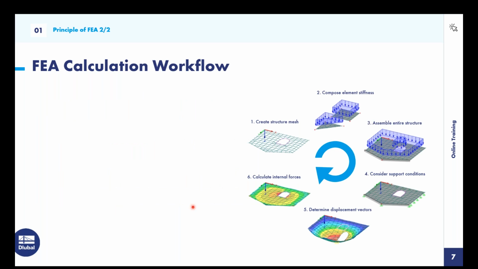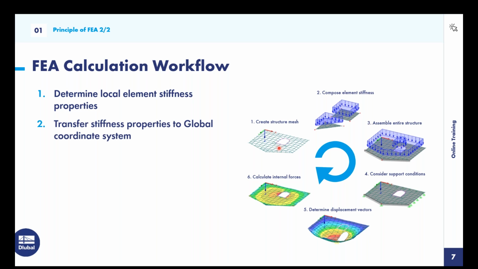Next, we have the FEA calculation workflow. You can see this in the graphic on the right-hand side. In the first step, we start with the determination of the local element stiffness properties. And then in the second step,